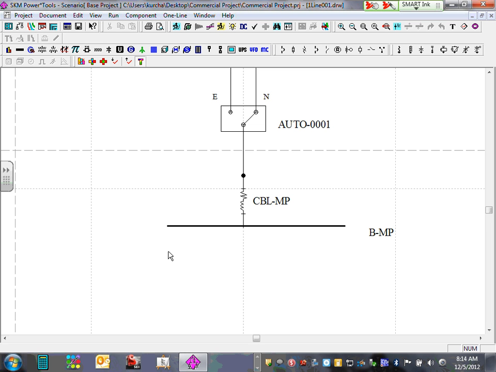Now, this is just a bus. How am I going to show my branch circuits? Right? Main panel. Would the main panel have branch circuits? Yes. So I would like you guys to go to,